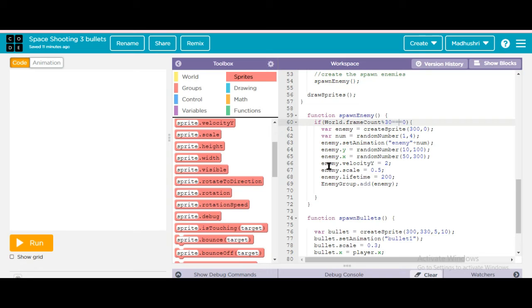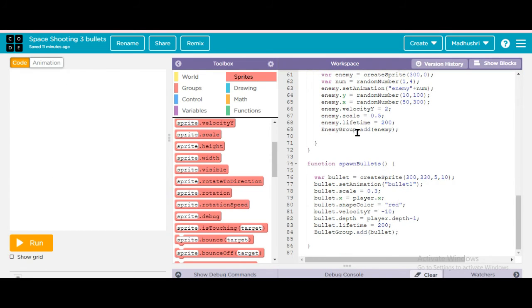Next one, enemy dot velocity y, so I gave velocity y. Then enemy dot scale, we just give the size for it. Then we are giving lifetime. What is lifetime? Lifetime is nothing but ending its life, so I gave it as 200. The 200 will not take effect because I didn't write which position to take.